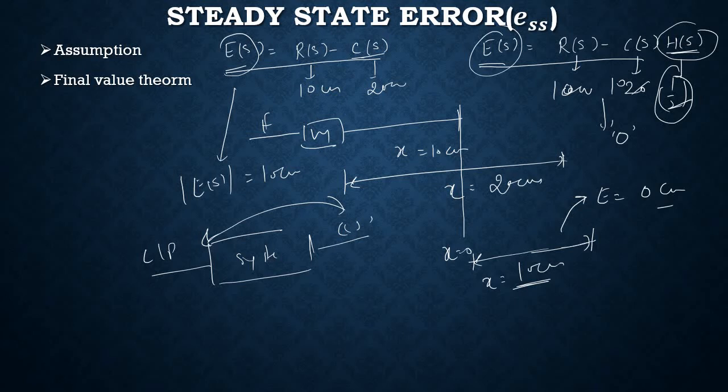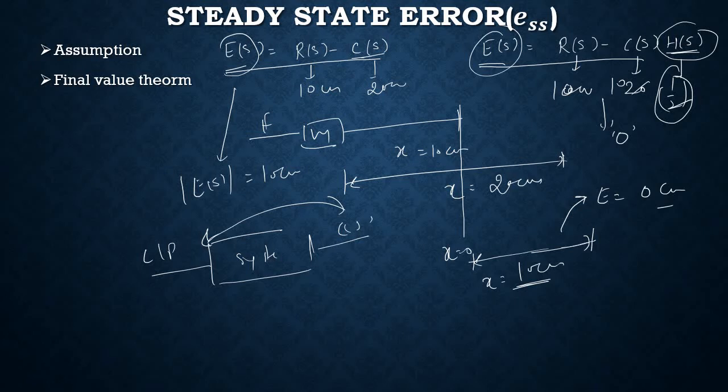If the system starts measuring the output and taking the command itself, then there is no point in giving the command to the system. Definitely we can't do this kind of thing. So we can say this process has a problem. So how to remove this? Actually this is not a problem, it is measured incorrectly.